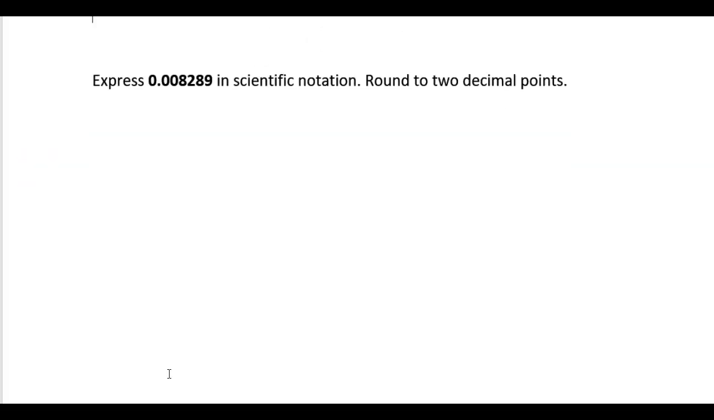Here we've got the task of expressing the number 0.008289, again in scientific notation, and again round to 2 decimal points. So 0.008289. And now what we want to do is we want to get this into scientific notation, which would be